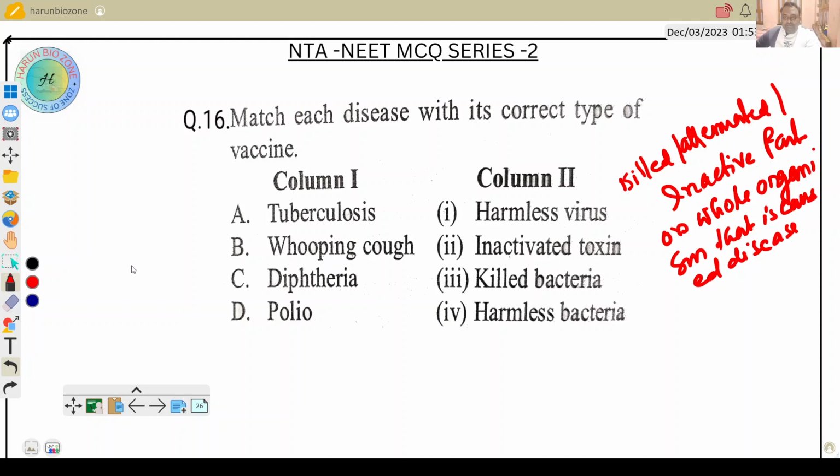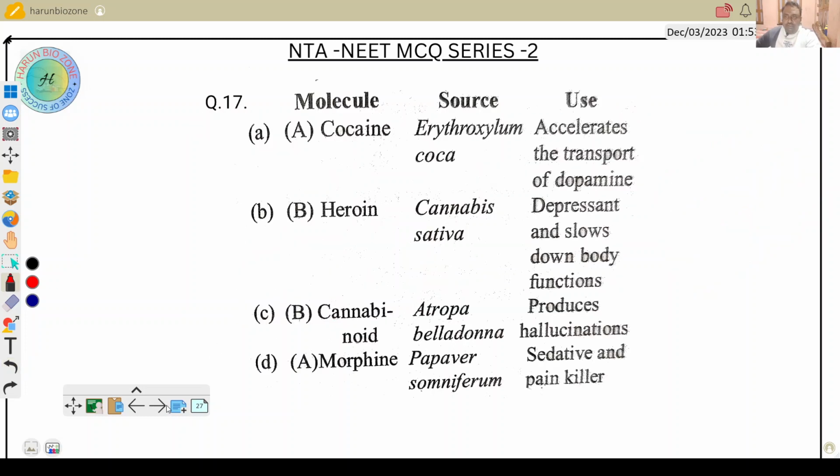Next question. So here tuberculosis uses killed bacteria, whooping cough harmless bacteria, diphtheria inactivated toxin, and polio a harmless virus. Here are some